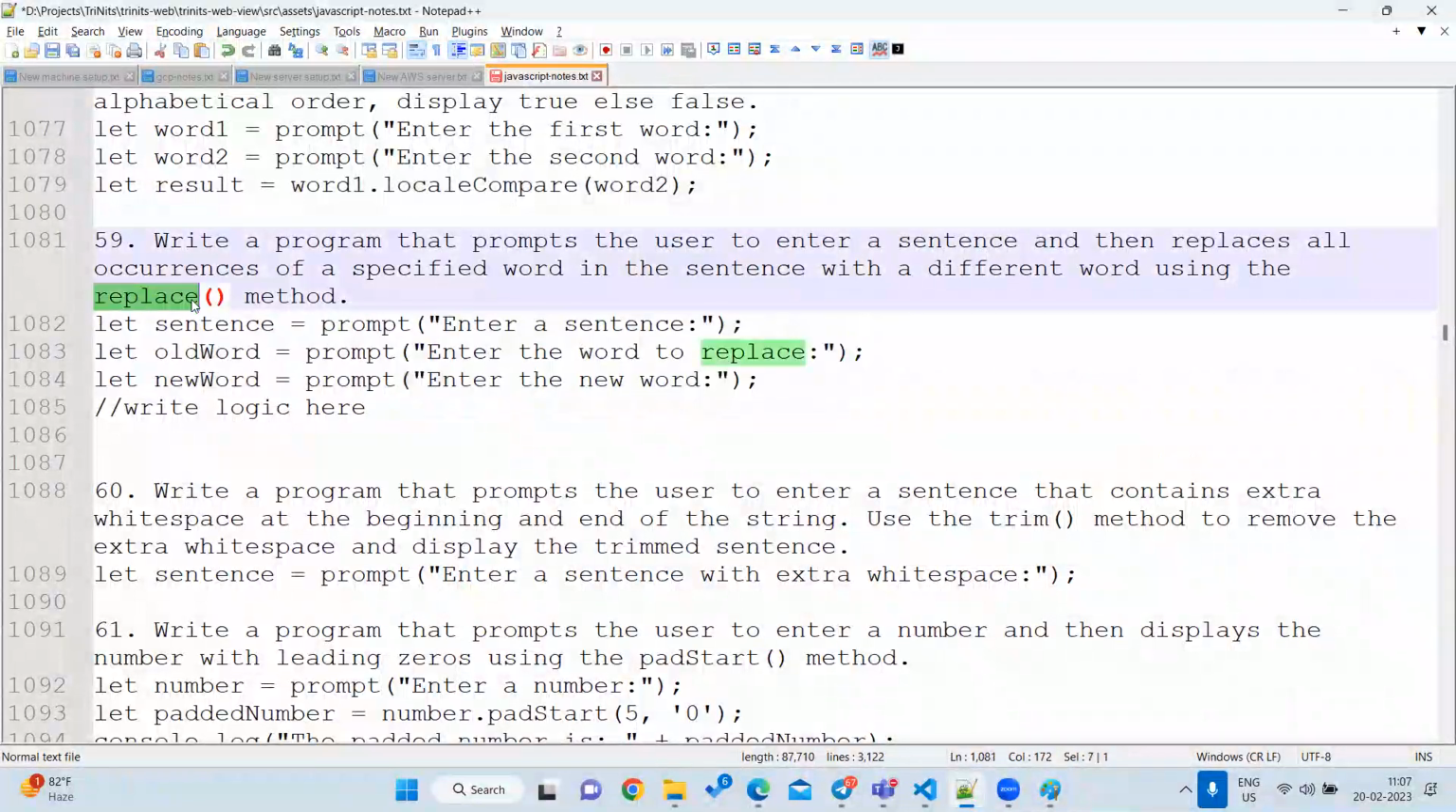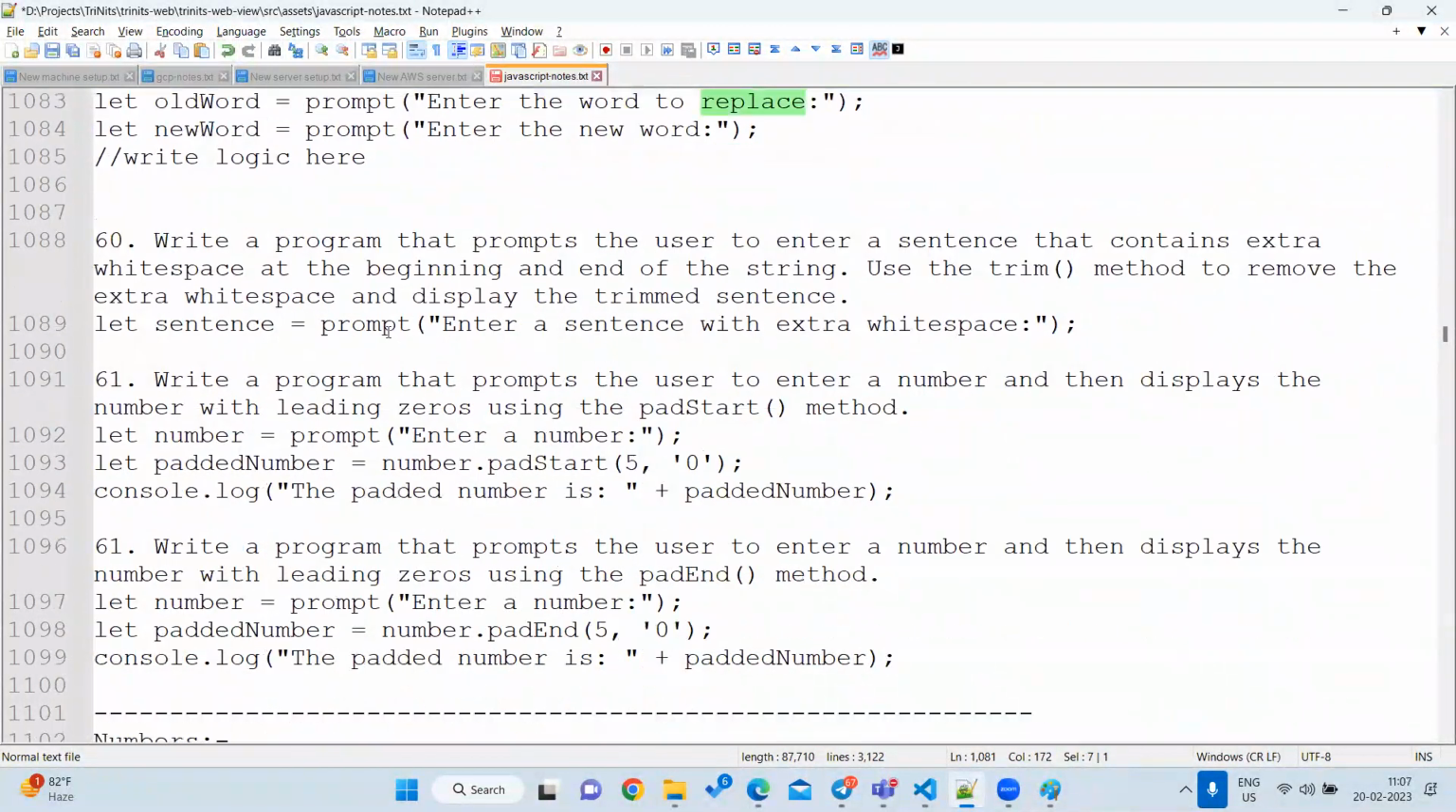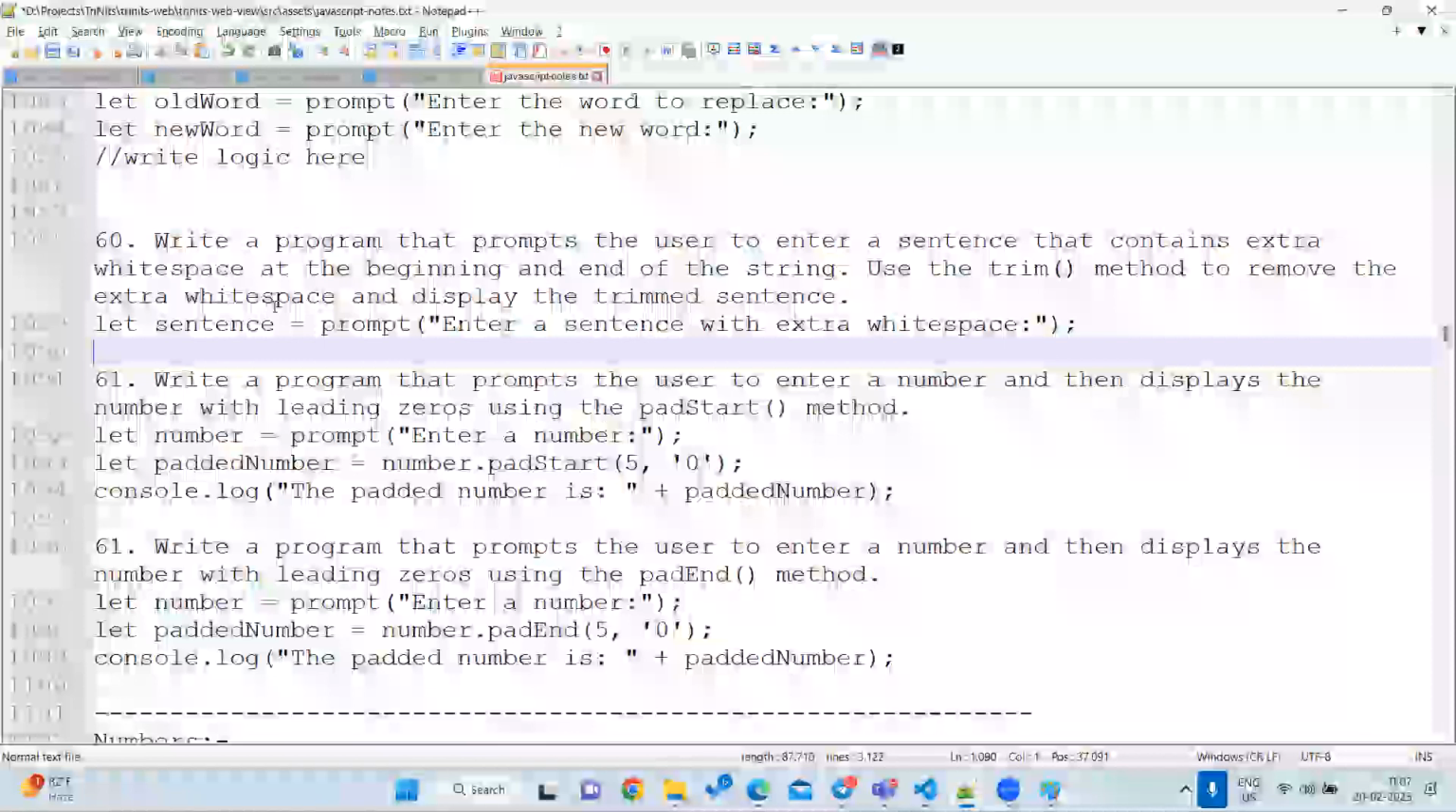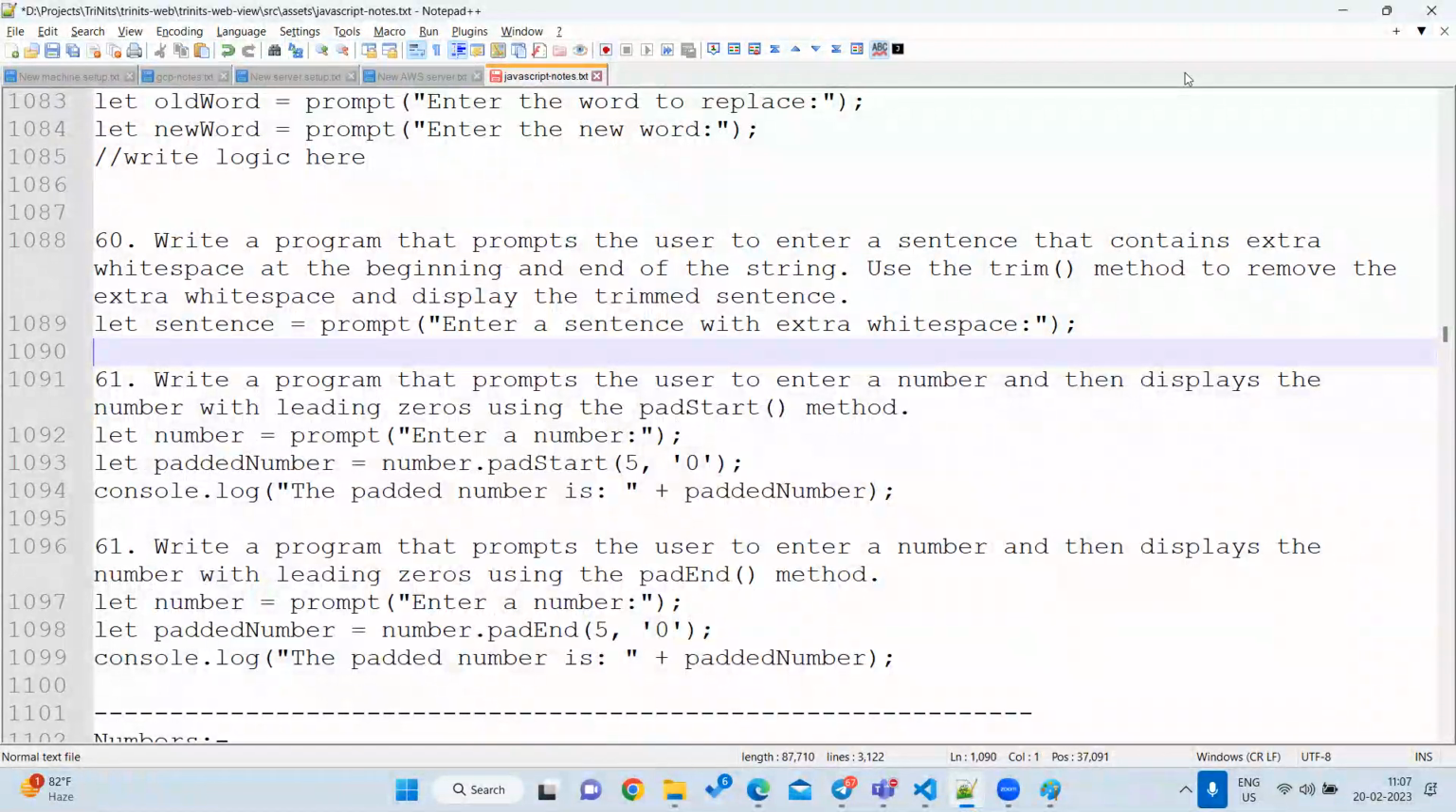Just read it. You can use a replace method. And the last one. So these are the methods. Don't use the 61 and 62. Complete till 60. Okay. So these are the